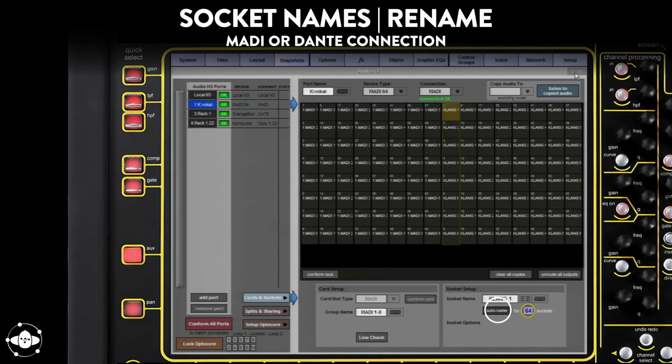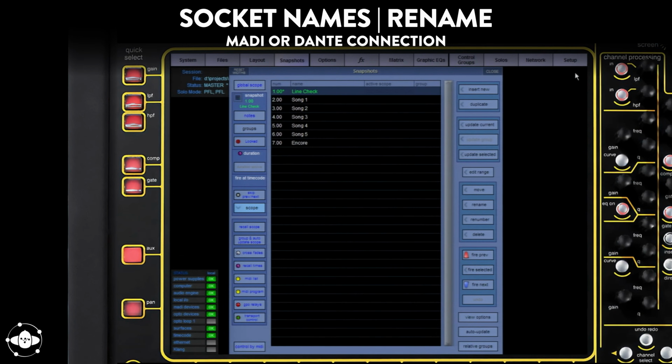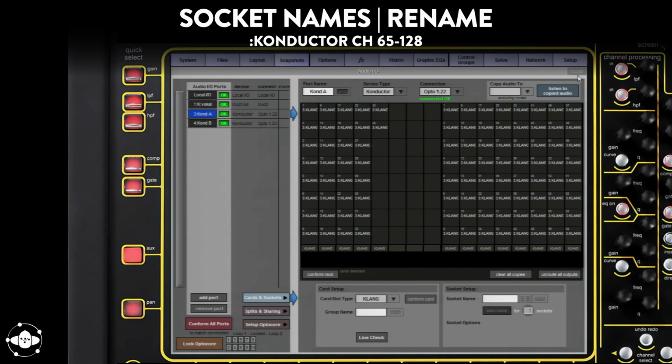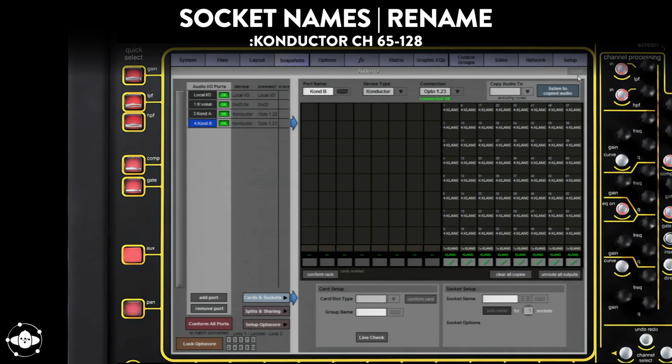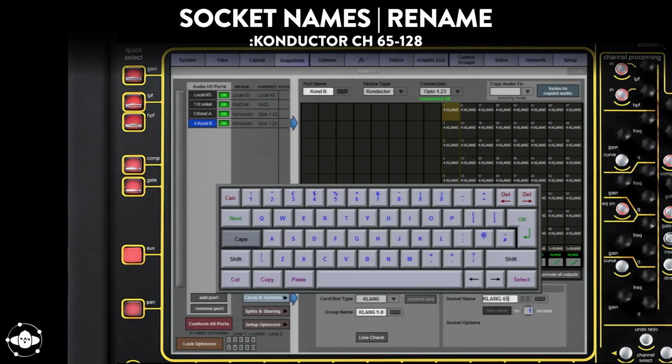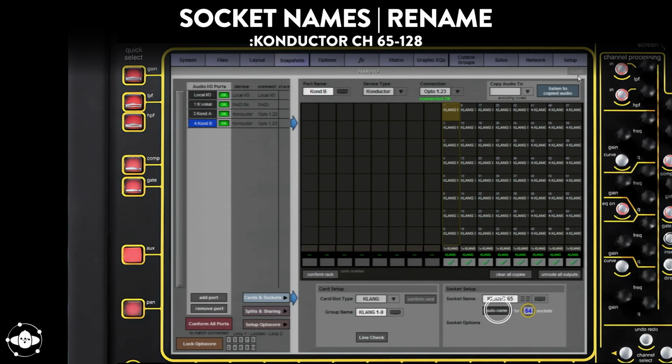Auto-naming makes this super quick. Don't forget to confirm added range. Klang Conductor channels 65 to 128 are named in a similar way: Klang 65 to 128.